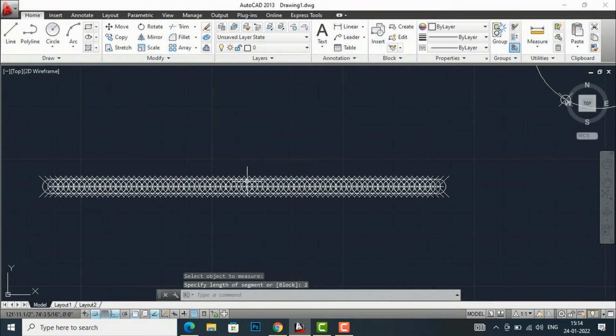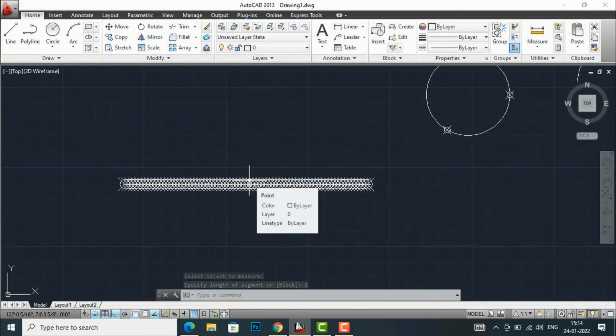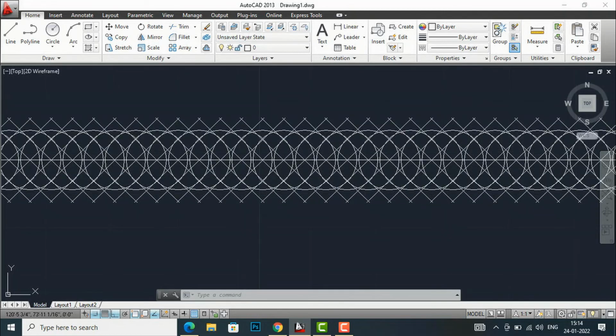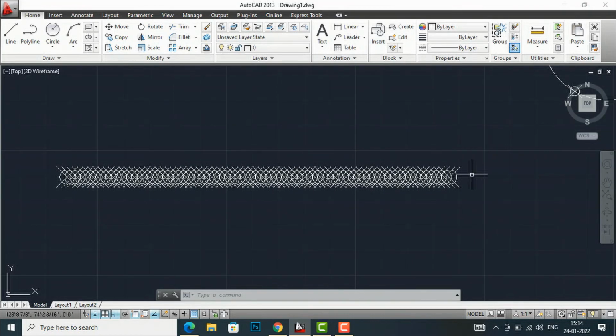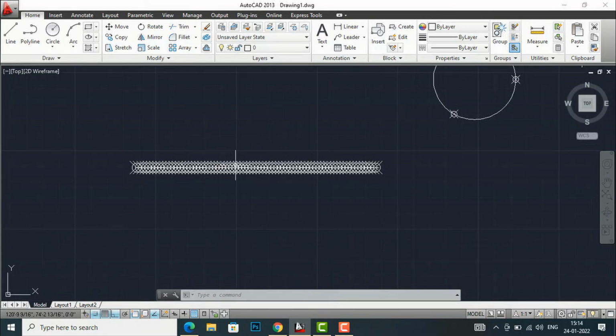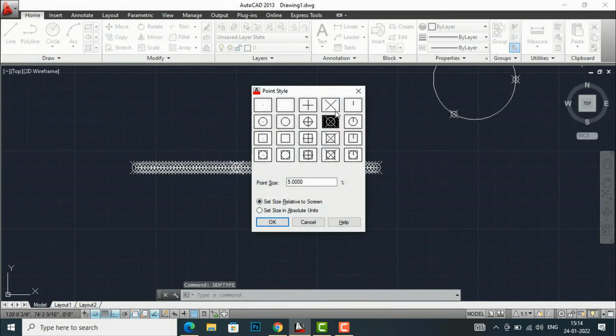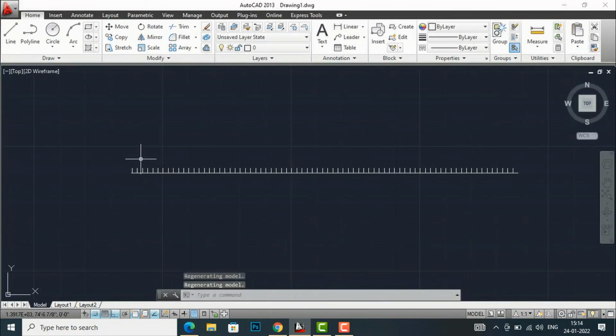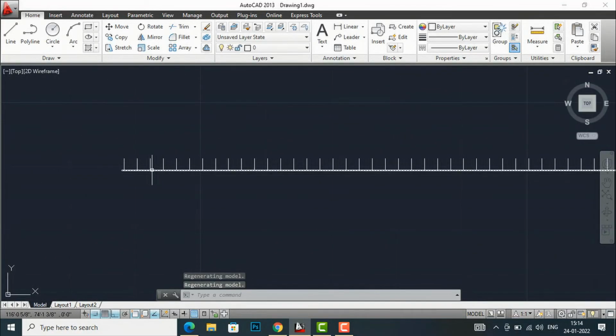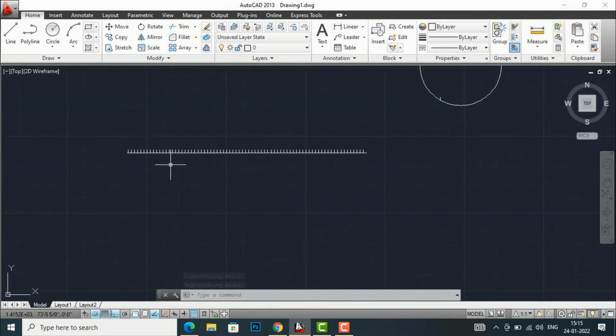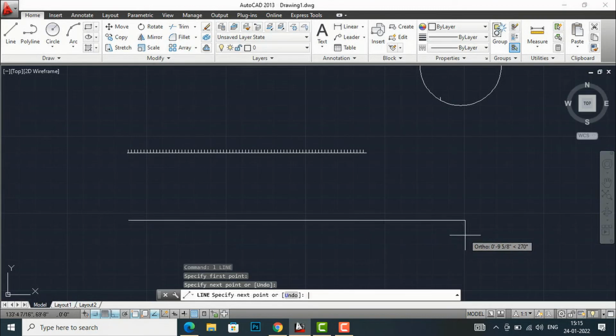You can see this is divided into two equal parts, but this point style is making it very complex here. So I will go and change my point style, and now I will use this one and press OK, and you can see this line is divided into two equal parts. Now I will show you. I will draw another line, and